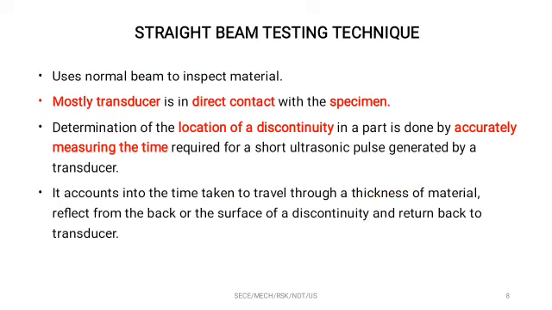In the straight beam testing technique, it usually uses a normal beam to inspect the material, and the transducer is in direct contact with the specimen. The determination of the discontinuity or defect is done by accurately measuring the time required for the ultrasonic pulse generated by a transducer. The time taken is accounted for calibrating the presence of a defect. So the time taken to travel through the thickness of the material, reflect back from the surface of the discontinuity, and return back to the transducer. All these times are taken together,